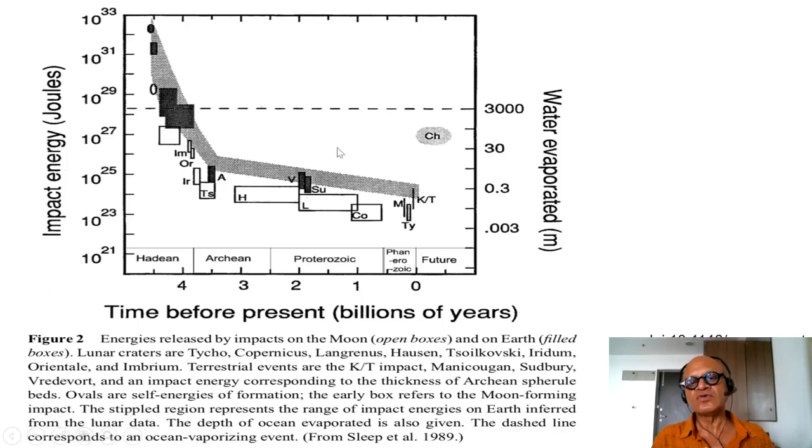And those energies were sometimes high enough to evaporate the entire ocean. For example, 3,000 meters of water would have been evaporated at these impacts here, and maybe tens of meters at